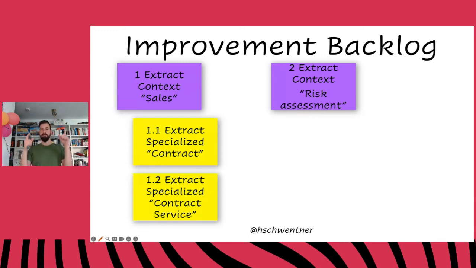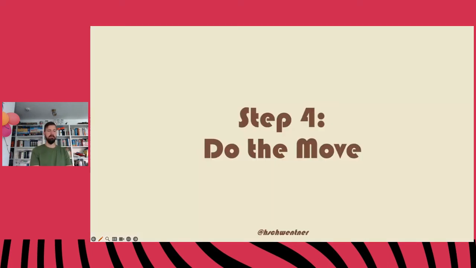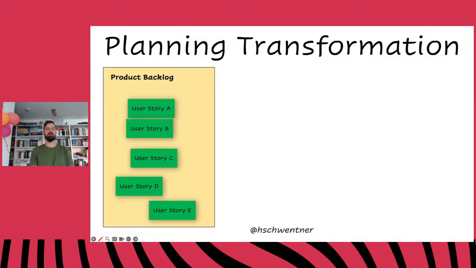What we need in the end are sprint-ready refactorings. Those are refactorings that are small enough to fit into one sprint if you're working with Scrum, or small enough that they are smaller than the work in progress if you are working with Kanban. And with that, we have a plan. And with this first idea of a plan, we go to step number 4, doing the move. And the first step to doing the move is